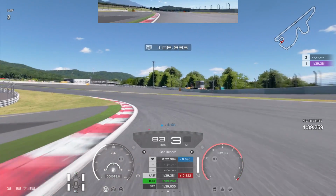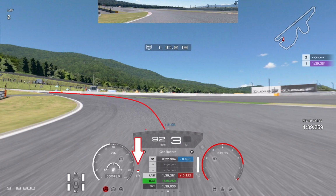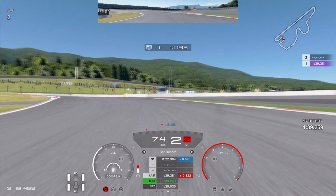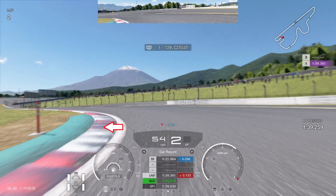You want to get on the power and just let the rotation help you through the corner, and then stay very narrow to this left hand side. I don't like to run wide out here. If you run wide, your car just understeers. Then you're going to start trail braking all the way through this corner. You'll see staying at like 40-30% braking, it's down into second gear and bite that left hand tyre into that